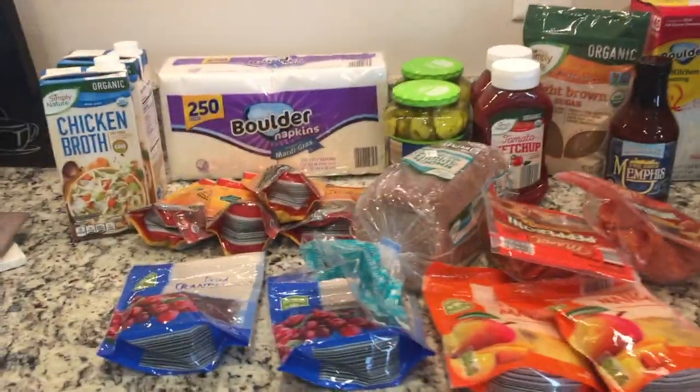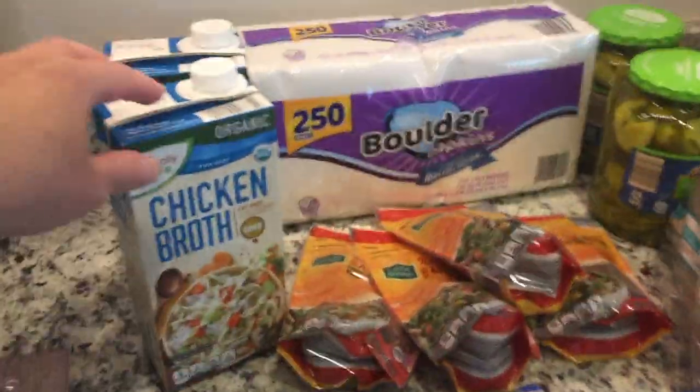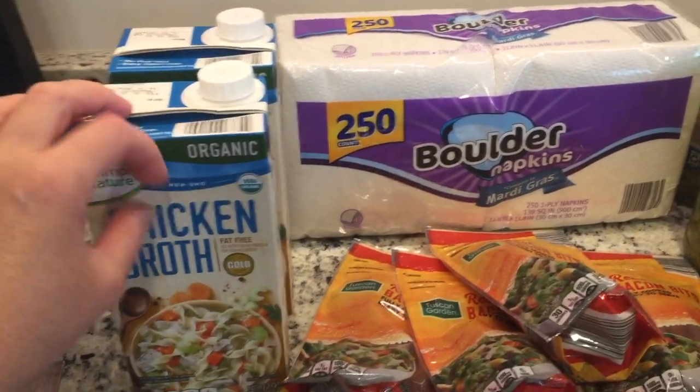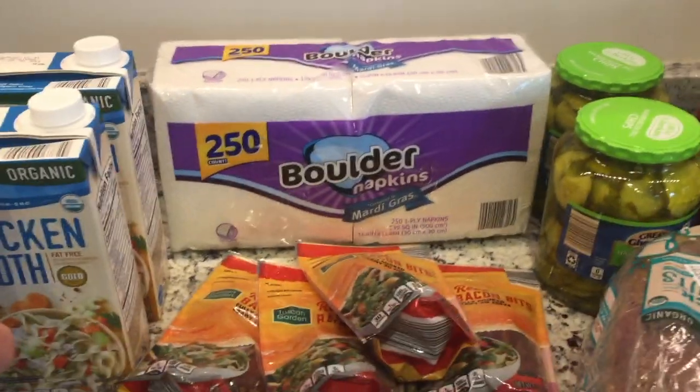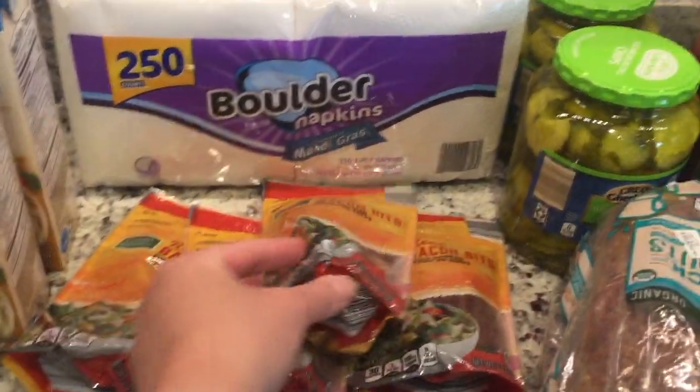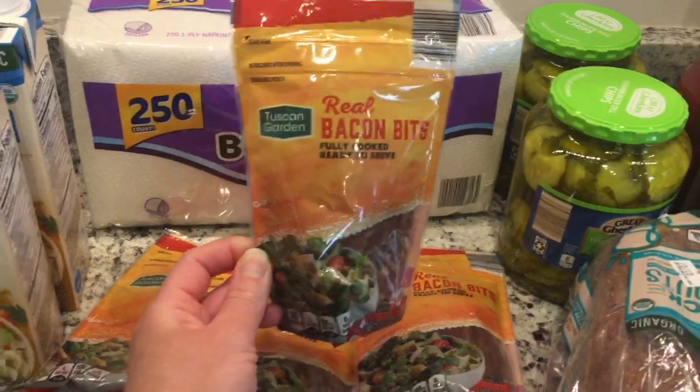All right, here is the rest of the stuff I picked up from Aldi. Got a couple things of chicken broth. I was running low in my pantry. I do like to make my own, but that does not always happen. I needed some napkins. I've been going through these probably way too quickly, but these are convenient to have on